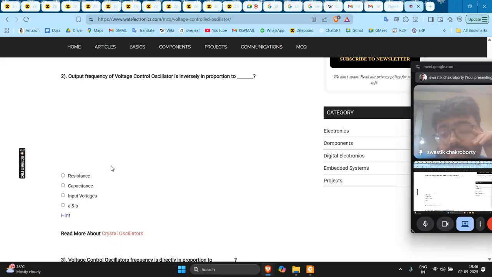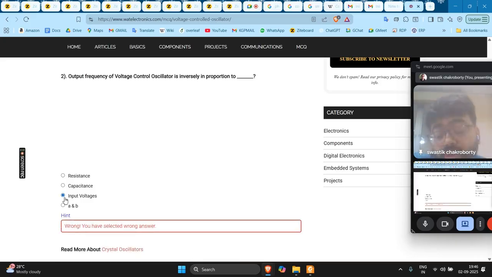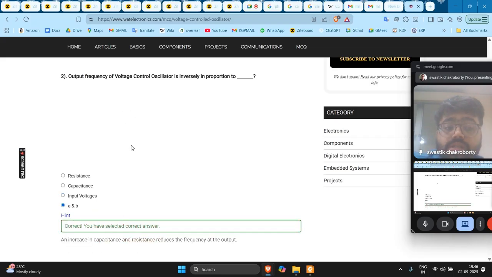But what is it inversely proportional to? It is inversely proportional to the resistance and capacitance, because the resistance and capacitance form the gain of the loop filter. And if the resistance and capacitance is more,